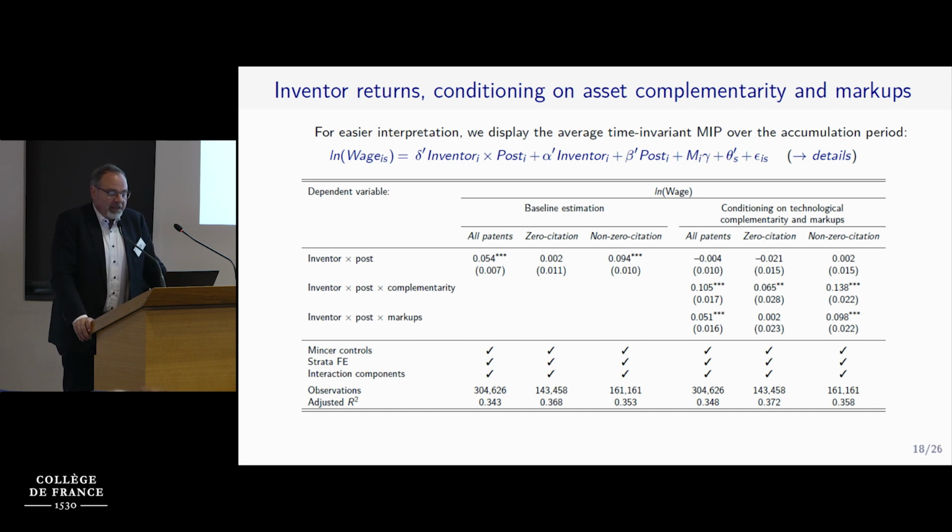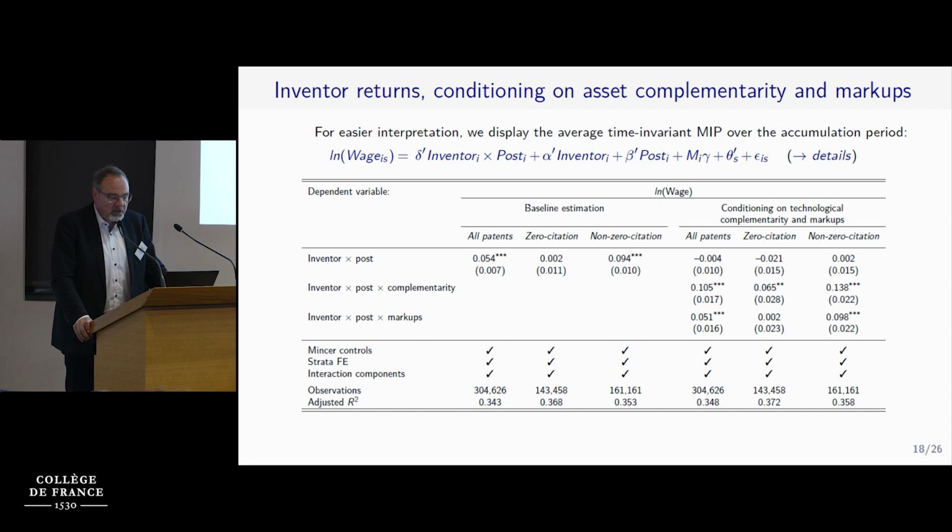Okay, now let's condition on technological complementarity and markups. So again, if we take all patents, introduce the triple interaction now, we see that complementarity matters and that markups matter. And then, once again, if we distinguish between zero citation and non-zero citation, we also get results that we largely expect, namely that complementarity